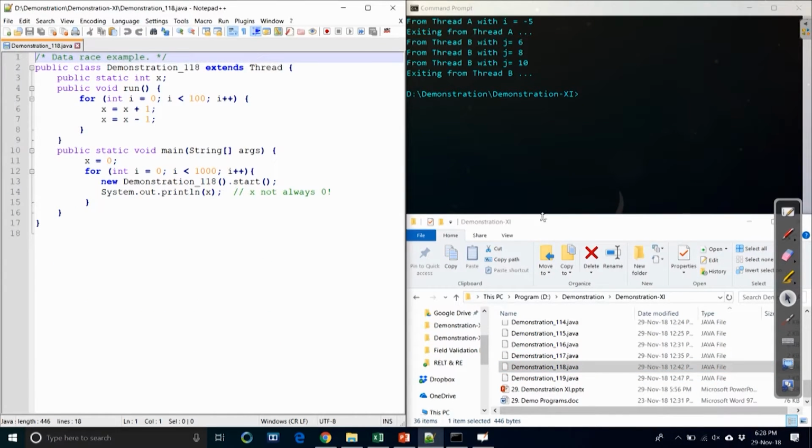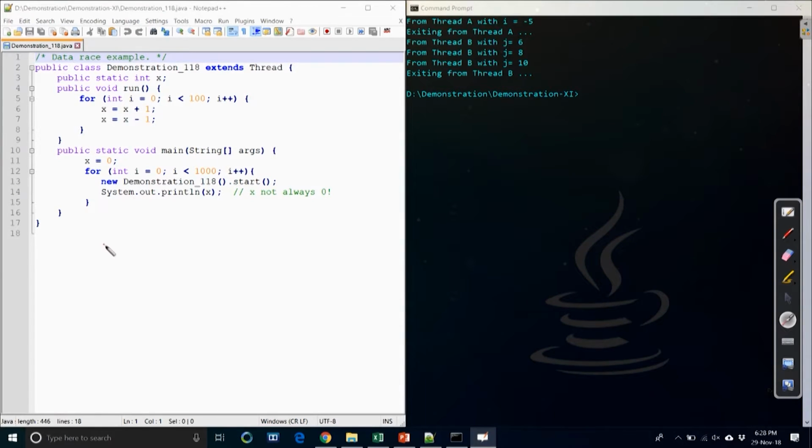This is a very interesting problem. Multi-threading works well, usually fast, but if you are not careful, then you may not get the right result. Now, in this regard, there is a problem. So far as concurrent program execution is concerned, it is called the race problem, the data race problem. Now, if we see the code here,